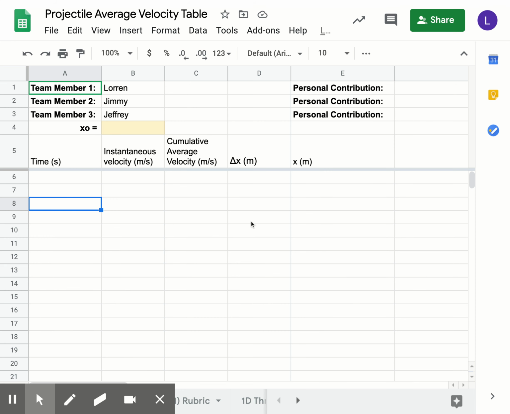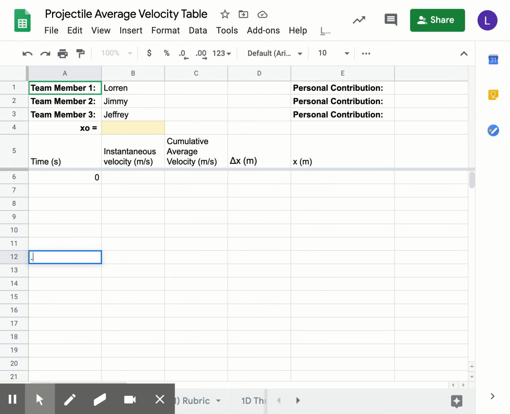Hello, in this video, I'm going to walk you through the different calculations for the average velocity table. So the first thing we want to do is calculate our elapsed time. We're looking to study the motion for 120 seconds. So we start out with 0 seconds. And what we want is for this one to be one more